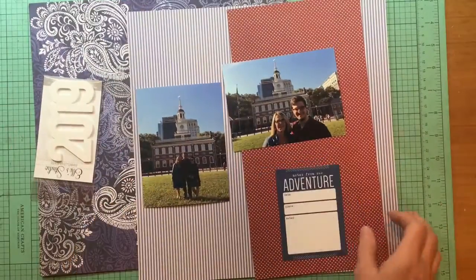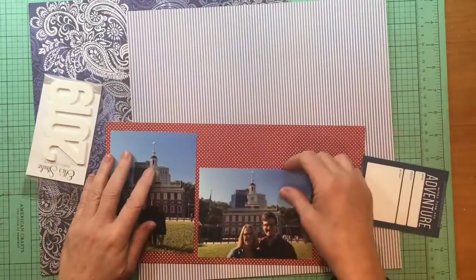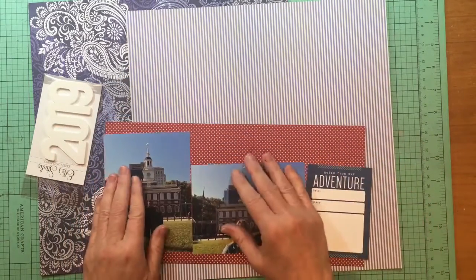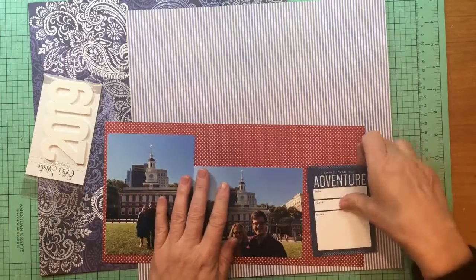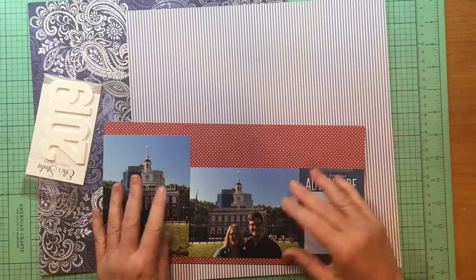Everybody, it's Kelly and I'm back with another layout. This one is a layout from my trip out east, and that is my nephew and I and my nephew's wife, my niece, standing in front of Independence Hall in Philadelphia, where they presently live. And I say that because they're